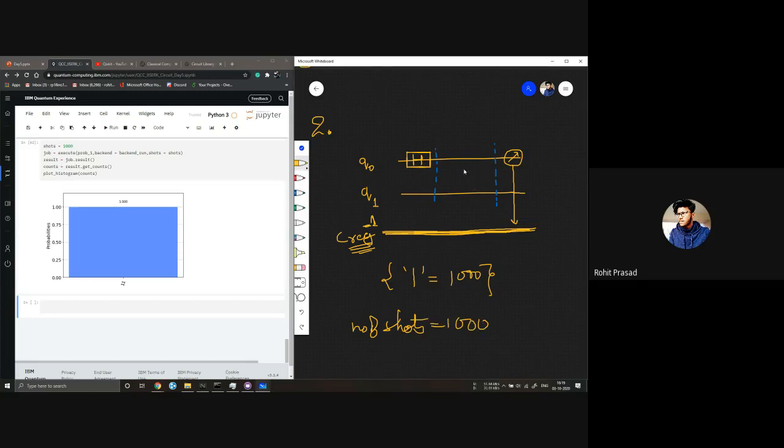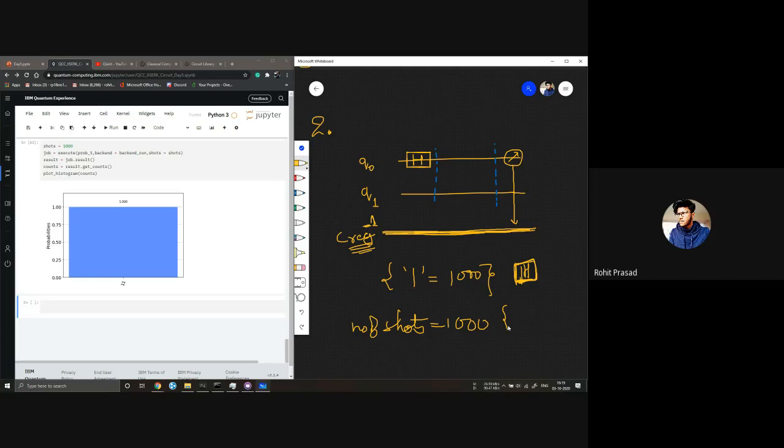Make a circuit here, and you can't use the H gate. For the previous one you could just apply H gate and X gate, so you don't get to use the H gate here. The other gates you can.